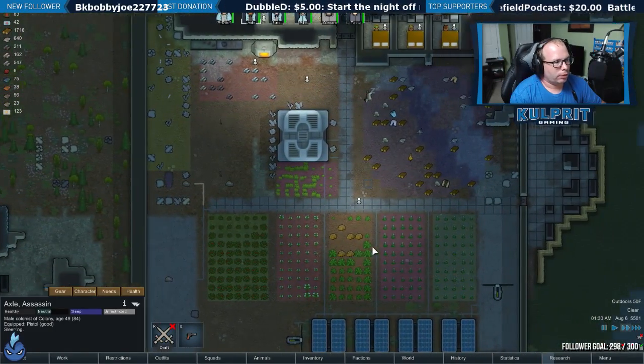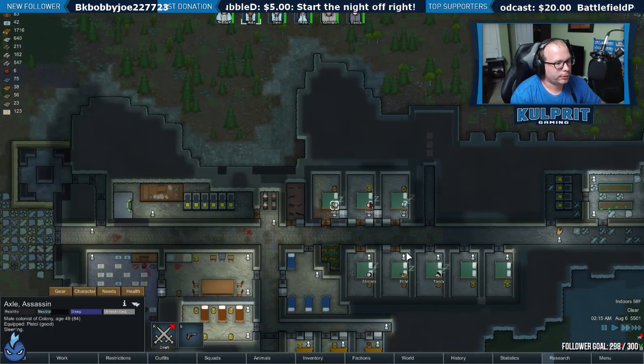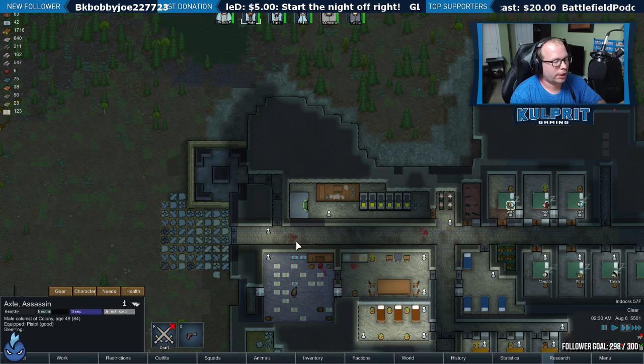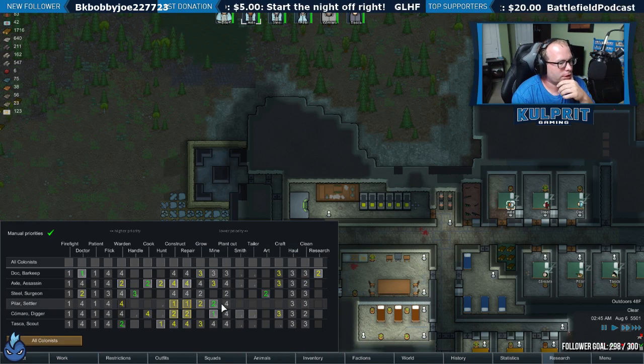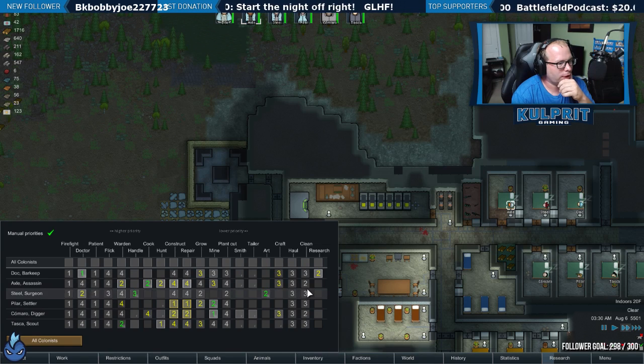I need some more metal. We do have it though. They can just go get this metal right here. It's just not in stockpiles. See, now why is this not clean? I thought I just did someone who was cleaning. No, I didn't. I thought I did someone that was cleaning. That must have been my...